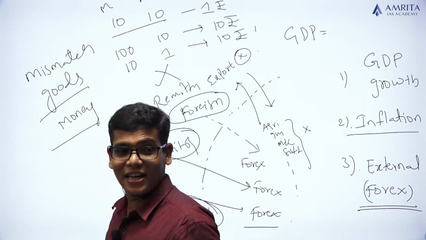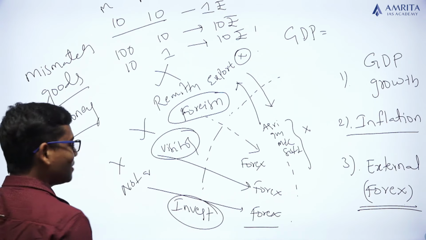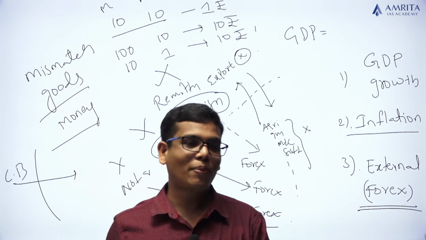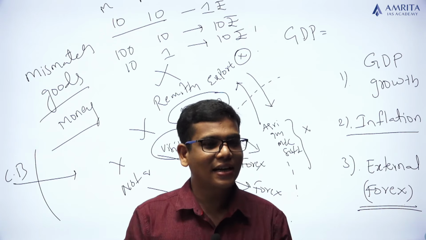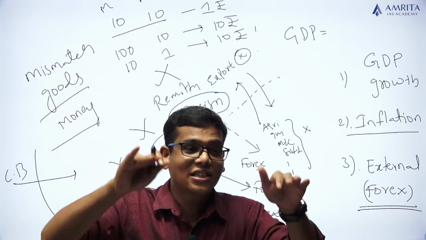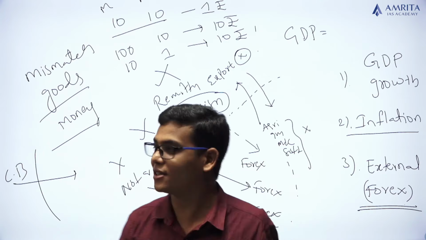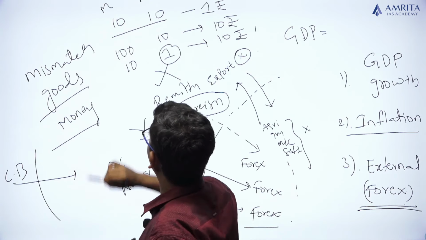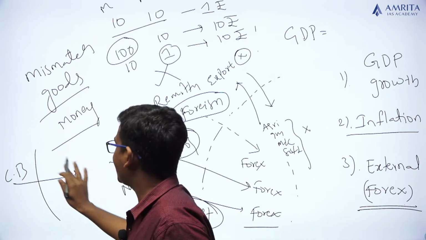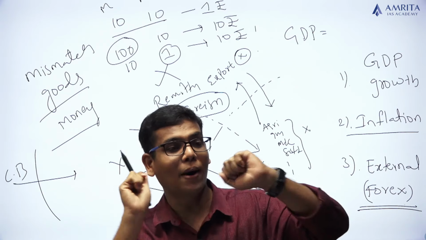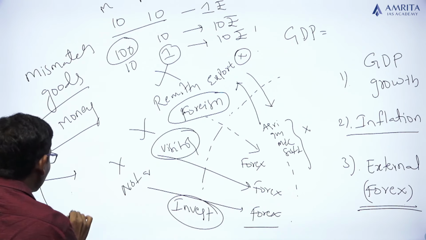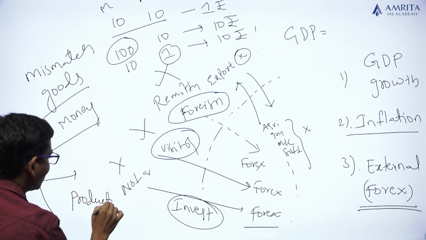And how is it possible? How does the money increase in the economy? Who will pump the money into the economy? It is the central bank of that country, like the Reserve Bank in India. If the central bank pumps more money into the economy, then it leads to inflation, or otherwise if there is a shortage in production, there can be inflation. Either there can be a shortage in production or an increase in the money supply in the economy. Money supply increases when the central bank pumps more money into the economy. And when it comes to a shortage of goods, either your production comes down, or your imports come down,